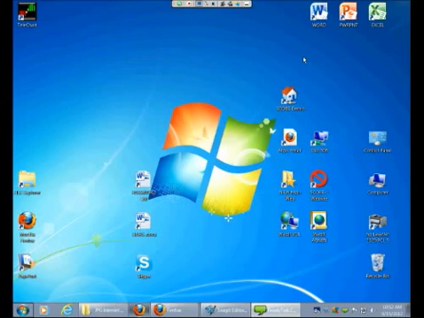Here is my desktop with my standard icons. Now, from this launching point, you can base a webinar on any application you have on your computer or any site on the internet. So I'm going to show you at this point